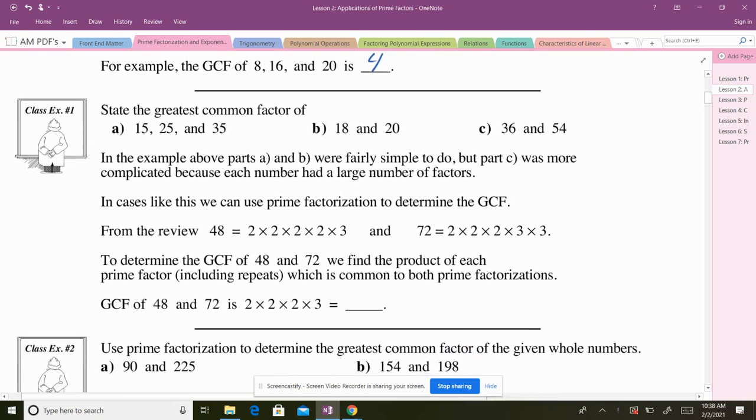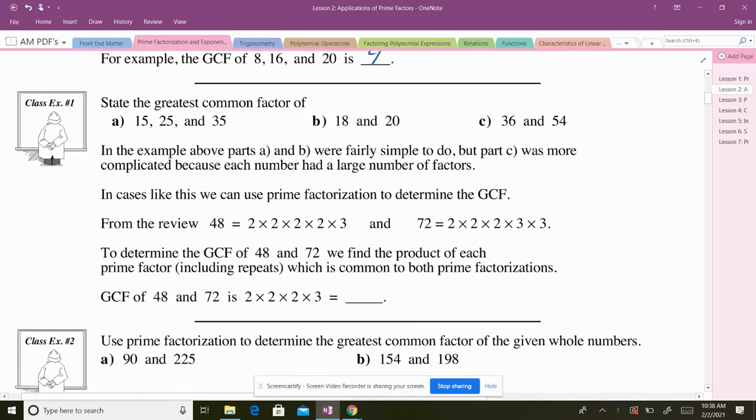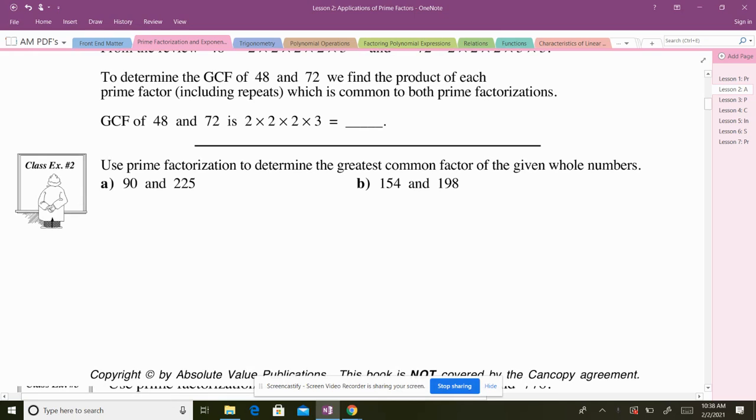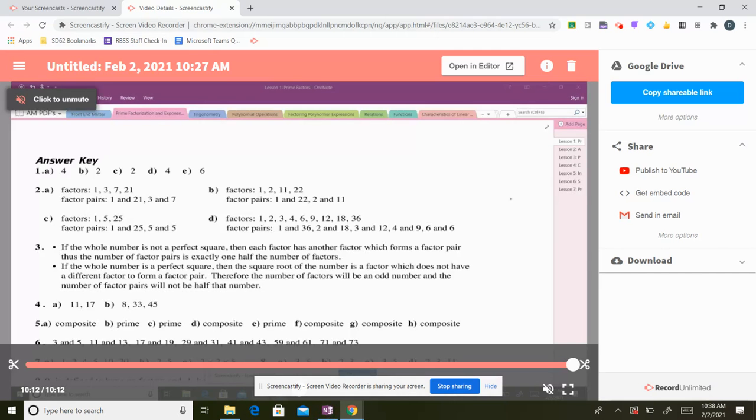So we're going to use prime factorization to do that, okay? So we're going to look at 90 and 225. What is the greatest common factor of those two numbers? So what you do is you make tree diagrams of each of them to get all the prime factors, okay? So we're going to do,